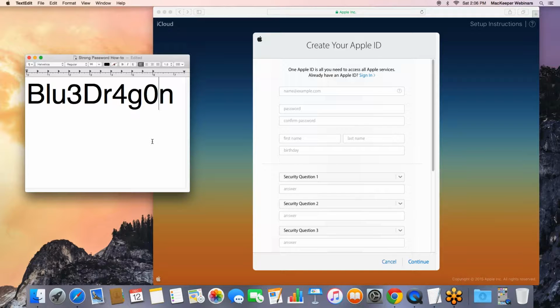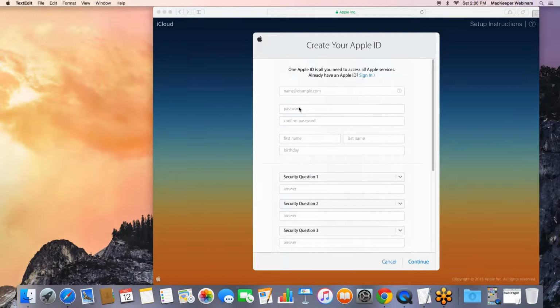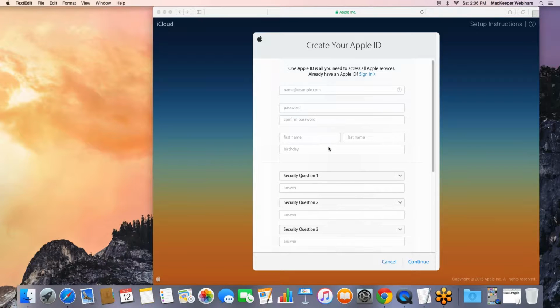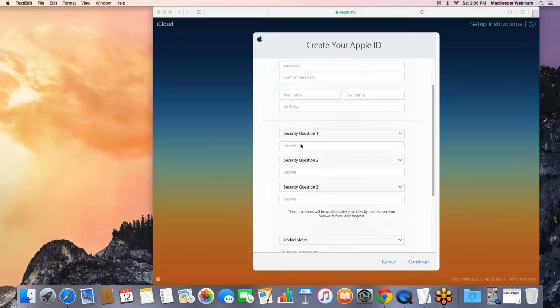Just remember that you replaced E with 3, A with 4, O with 0, I with 1, for example, B with 8. So this technique will allow you to have a strong password that is moderately easy to remember. Just that easy. So use some strong password, fill in this form, and also be attentive while answering these security